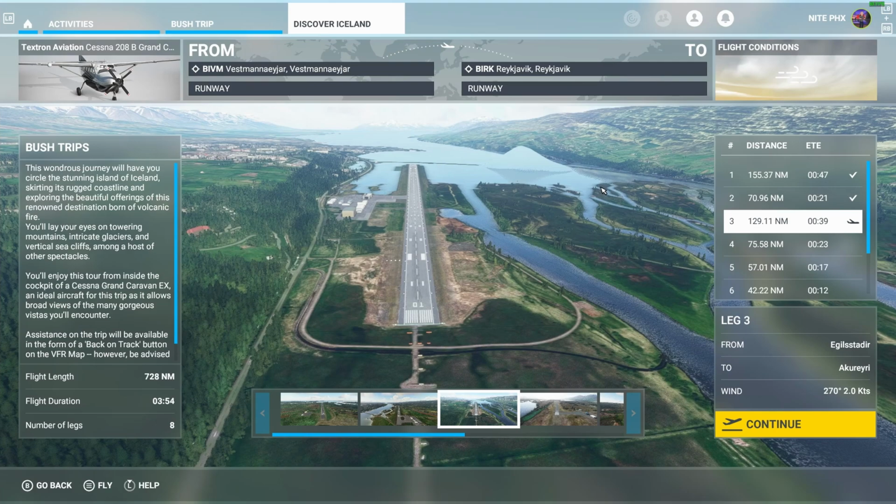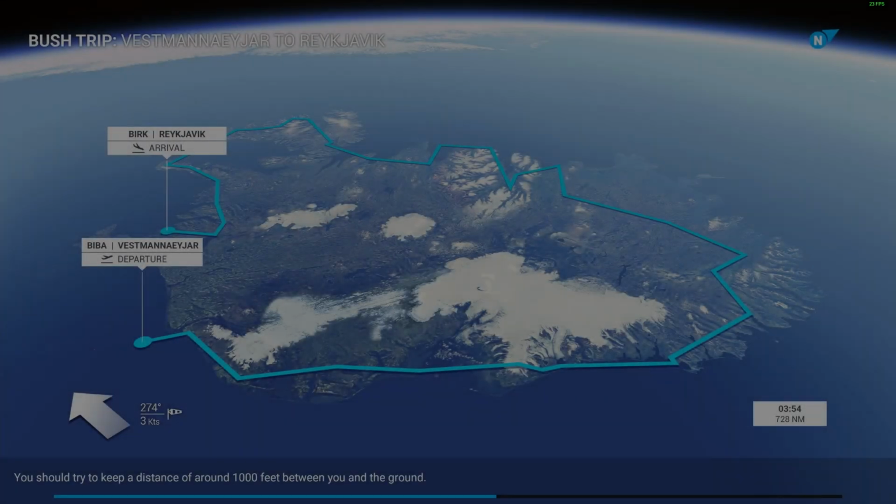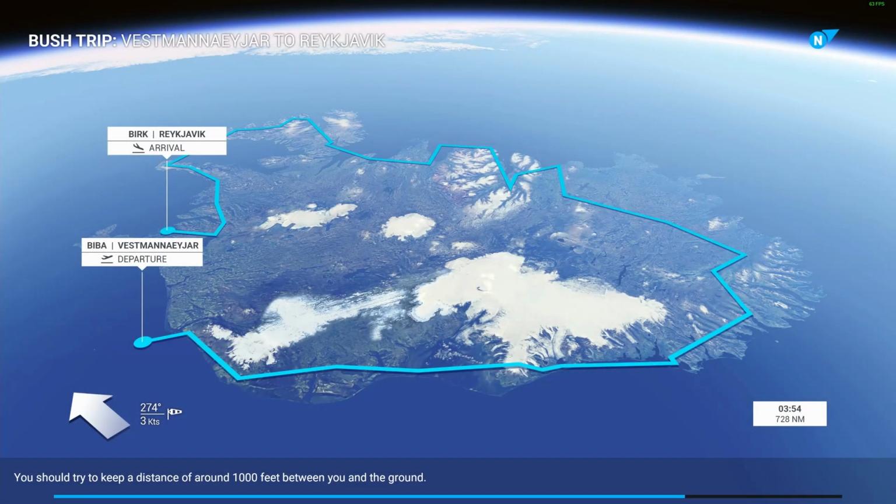So anyway, yeah, Iceland. We're flying the Cessna 208B Grand Caravan EX, and we're doing leg 3. We're going to click continue and get this started. Hopefully, so the first 2 legs I flew,